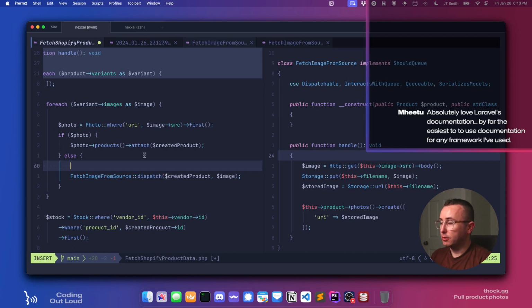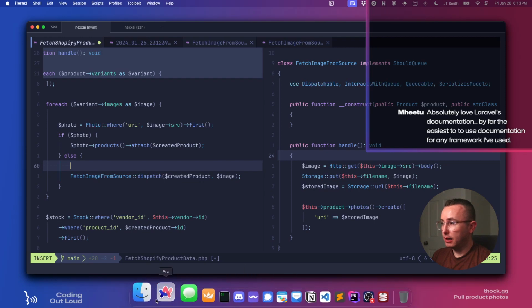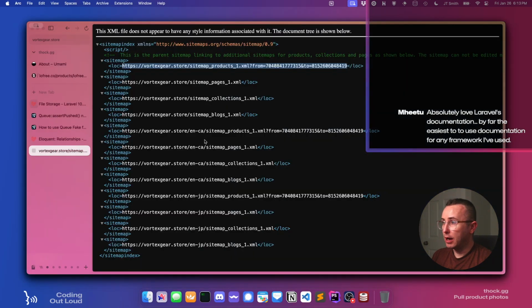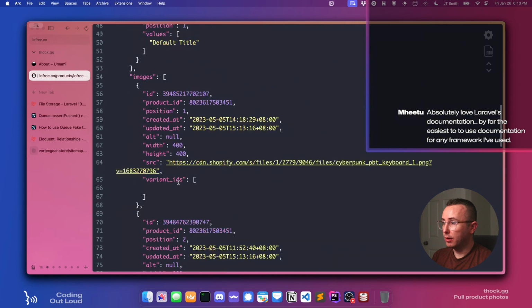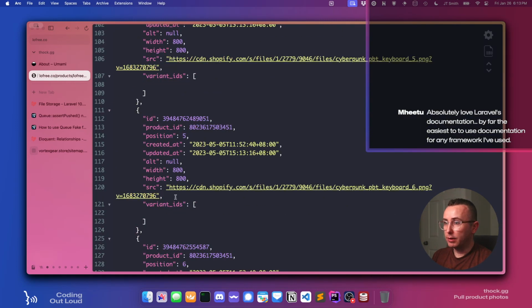We technically have the entire path to that image file. In theory, we could just split off the end, but what I'm worried about is duplication. So what I think we're going to do is generate a new